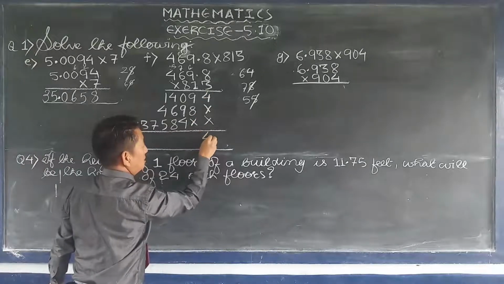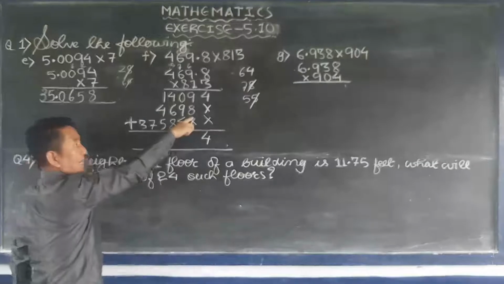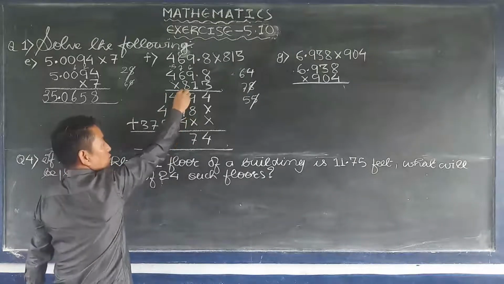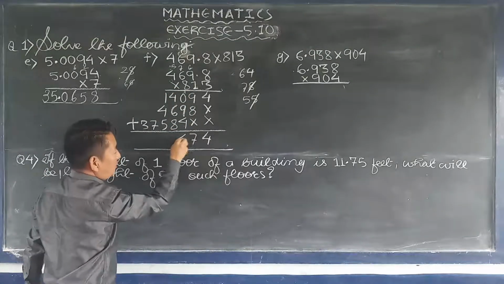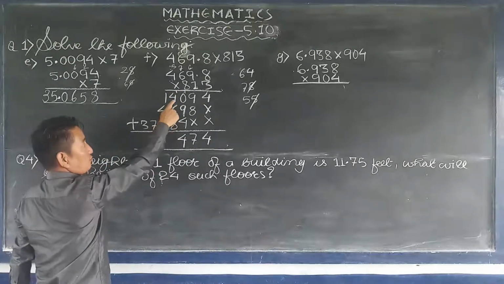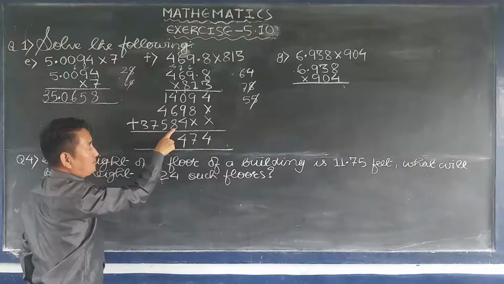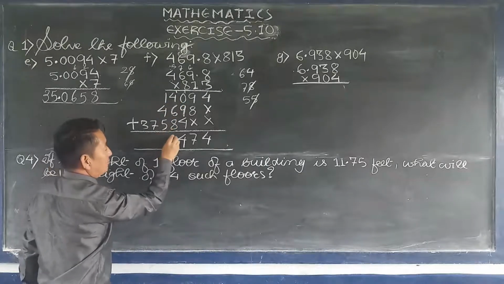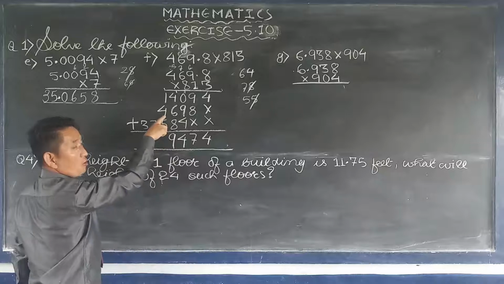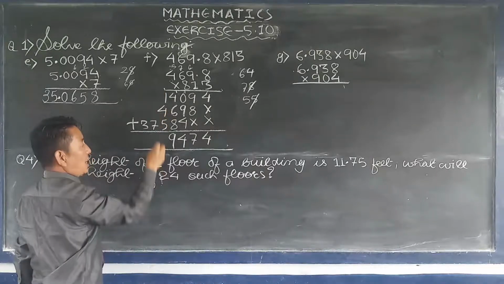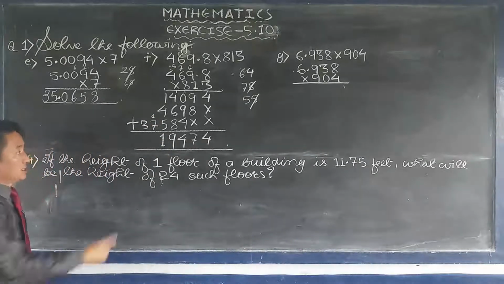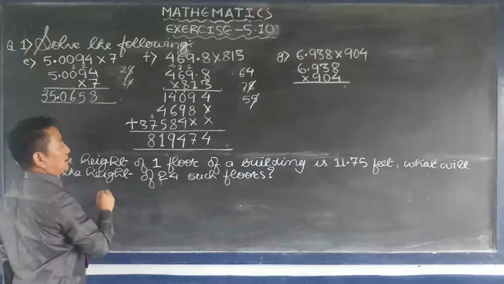4 straight. 9 plus 8, 17. 7 right here, 1 carry on here. 9 plus 1, 10, 10 plus 4, 14. 4 will write here, 1 carry on here. Here, 6 plus 4, 10, 10 plus 1, 11, 11 plus 8, 19. We'll write 9 here straight. 1 carry on here. 5, 4, 9, 9 plus 1, 10, 10 plus 1, 11. We'll write 1 here, then 1 carry on here. 7 plus 1, 8, then 3.